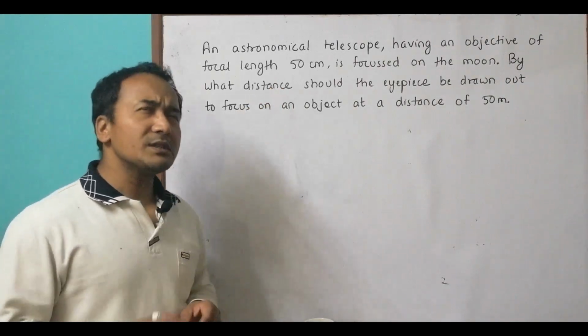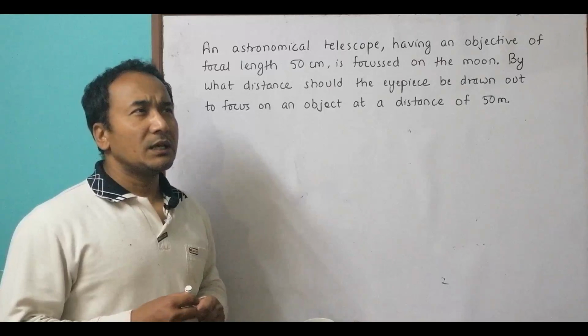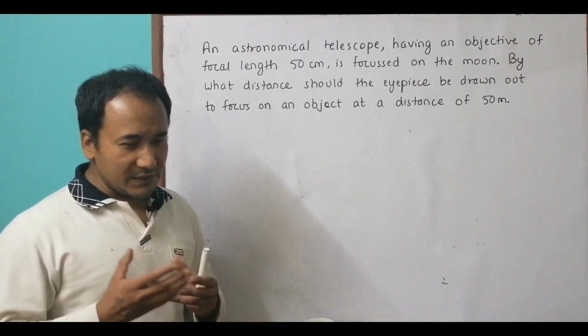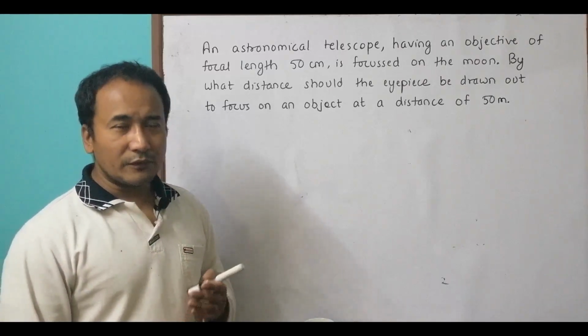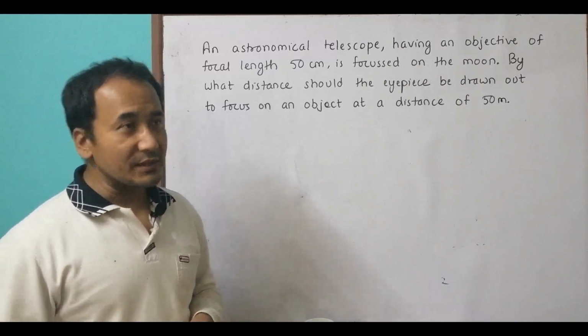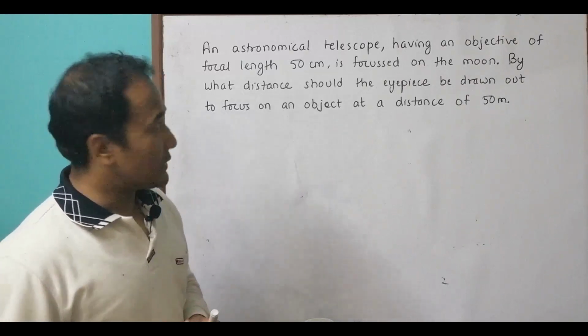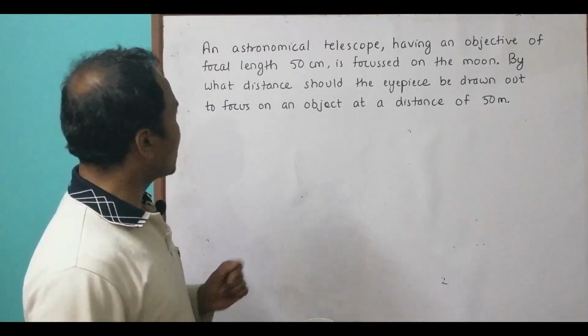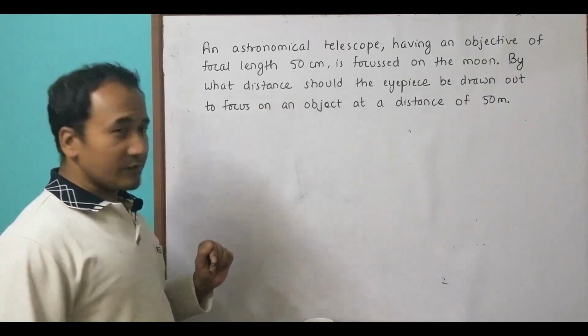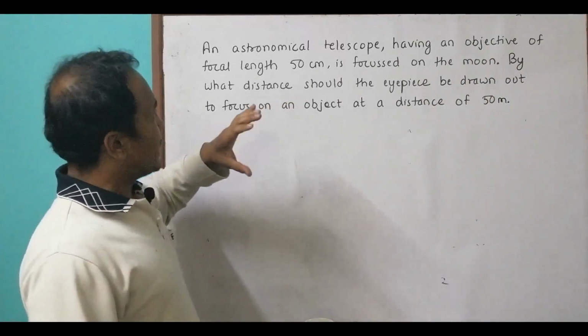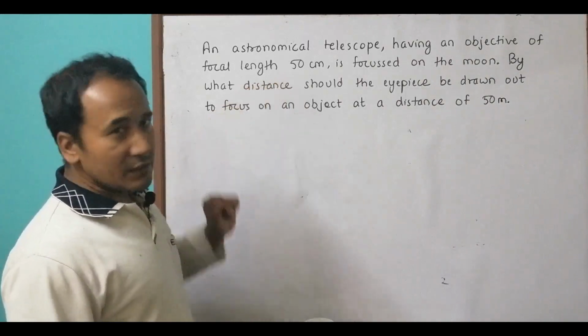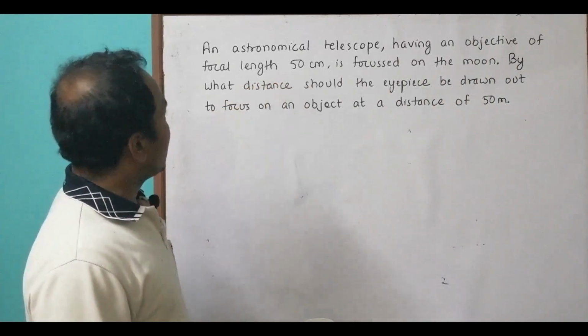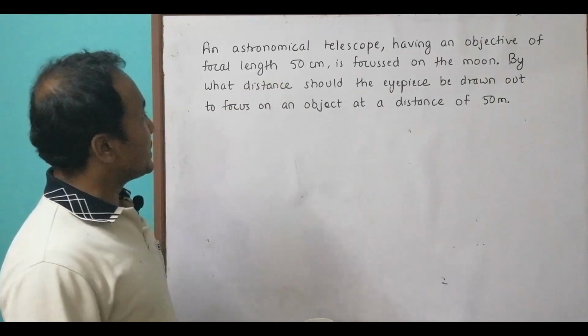An astronomical telescope, having an objective of focal length 50 centimeter, is focused on the moon. So moon means that the distance is infinite. Though we know the exact distance of the moon from the earth, in optical calculations we take it as infinite for lens systems. So the object distance is infinite for that particular objective lens, and the focal length is 50 centimeter. By what distance should the eyepiece be drawn out